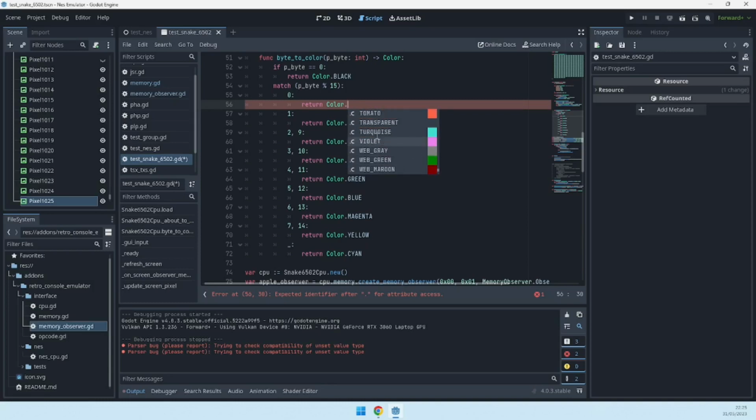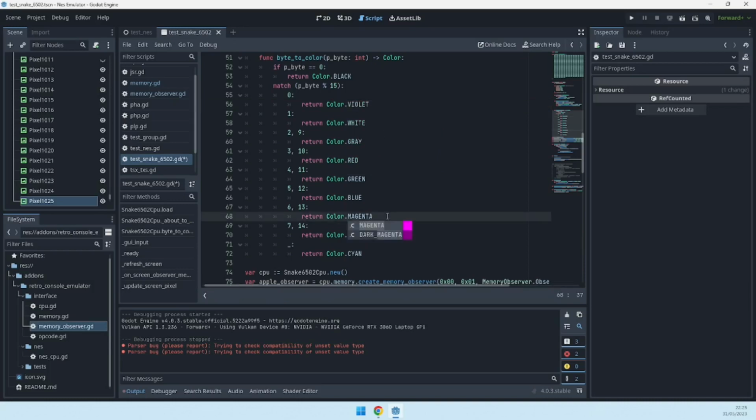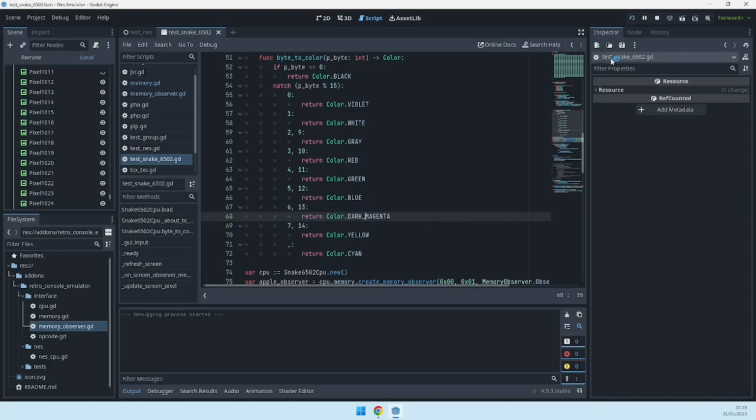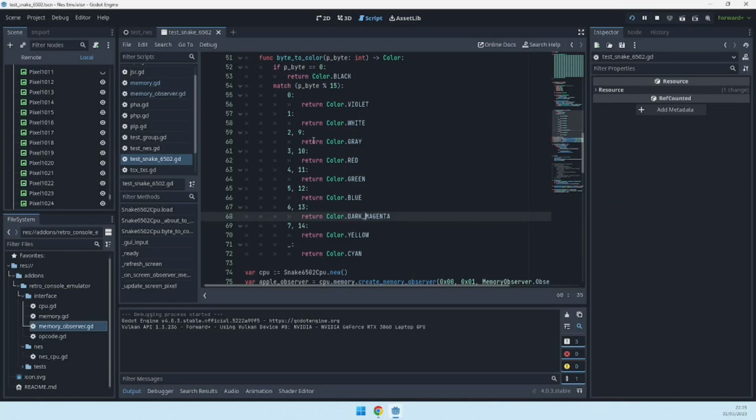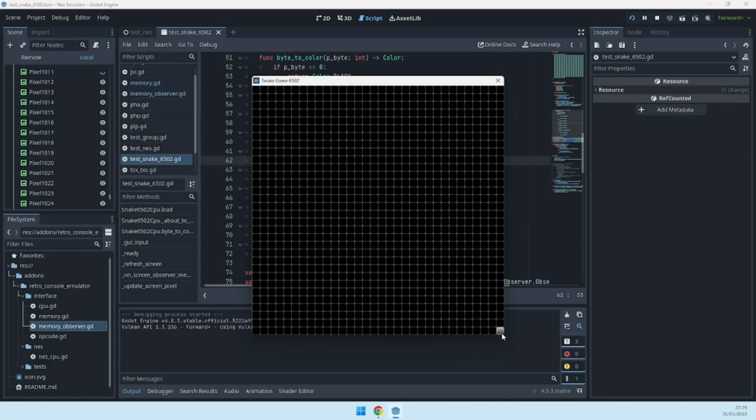Can we use violet? Is it different enough from the other ones? This could be dark magenta, and I think that is enough difference. So now this is gray, and gray is a 2 or a 9,